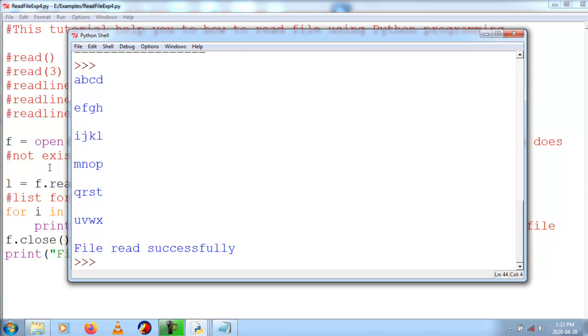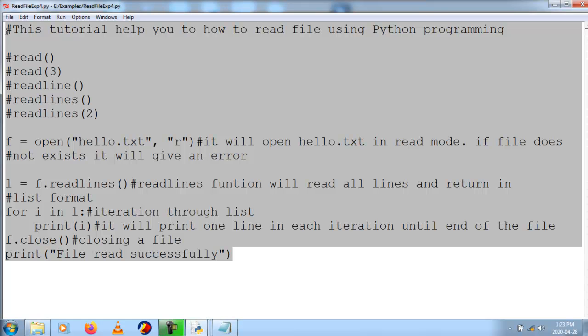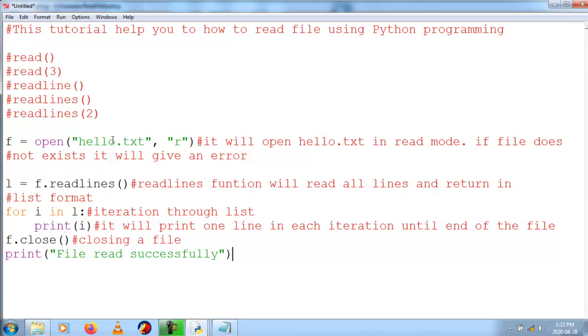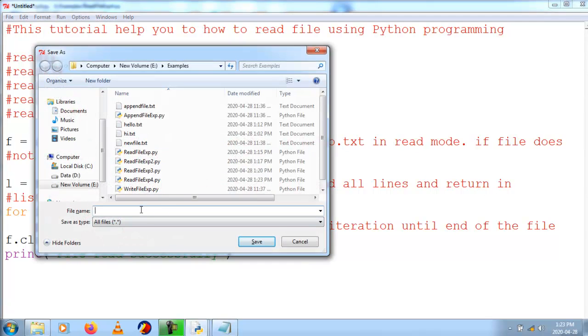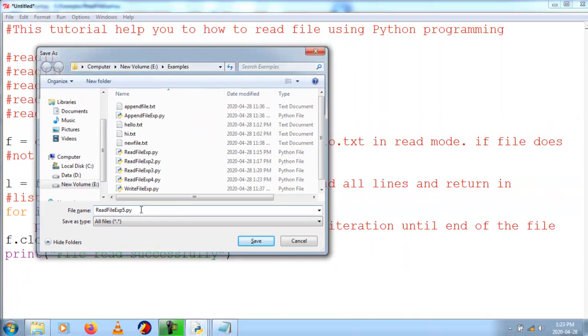Now we will see readlines with a number. I will copy this, take a new window, paste, save, and name it read file example.5.py.